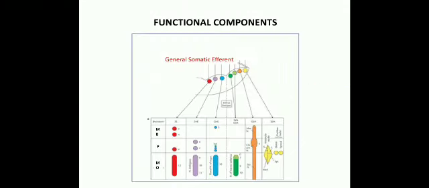So, the functional components we have seen one by one we will discuss. The first is general somatic efferent. These nuclei supply the skeletal muscle of somatic origin. That includes the oculomotor nucleus situated in the midbrain at the level of superior colliculus. Its fibers enter the oculomotor nerve and supply 5 extrinsic muscles of the eyeball except the lateral rectus and superior